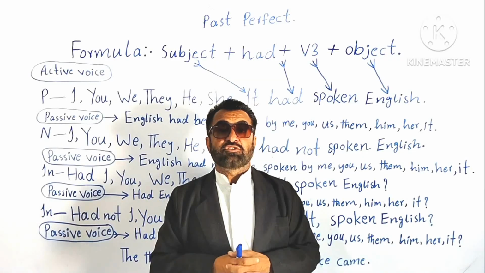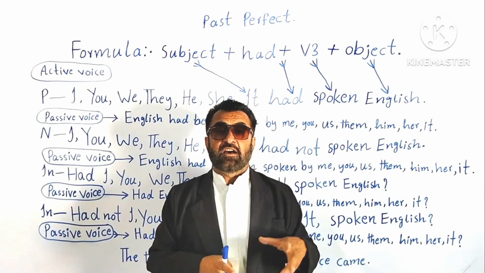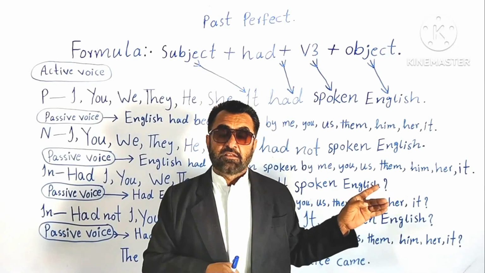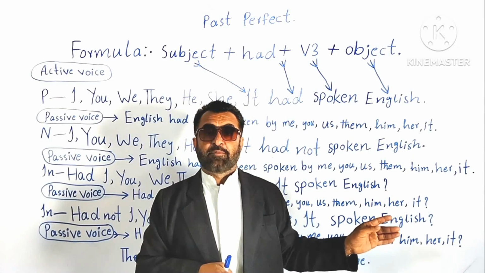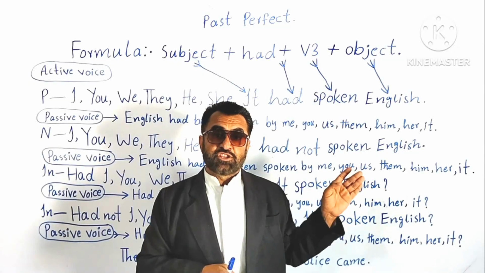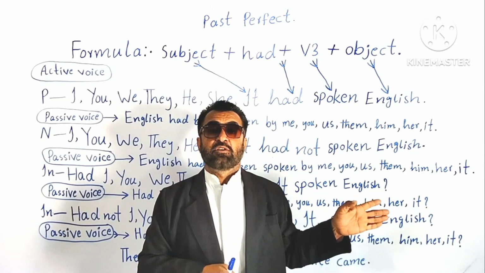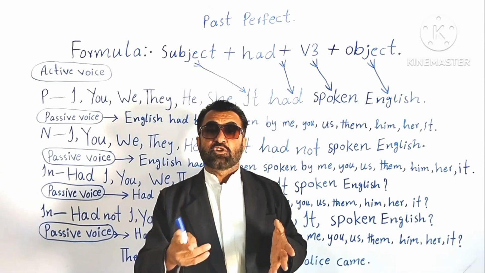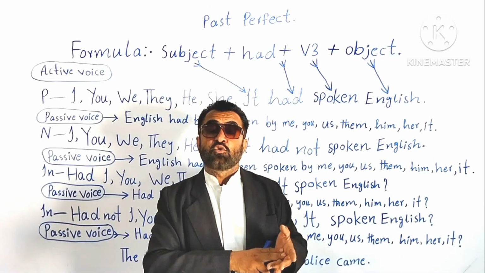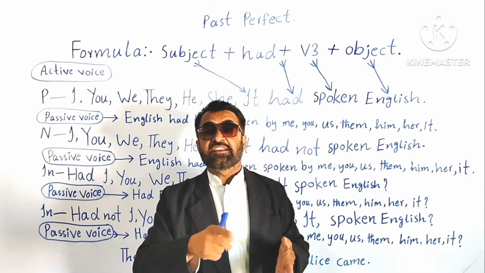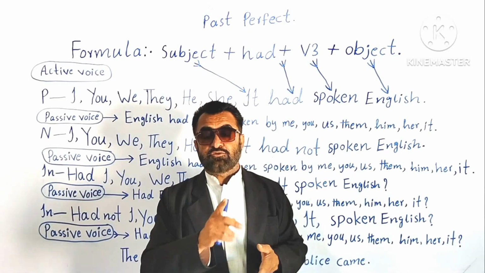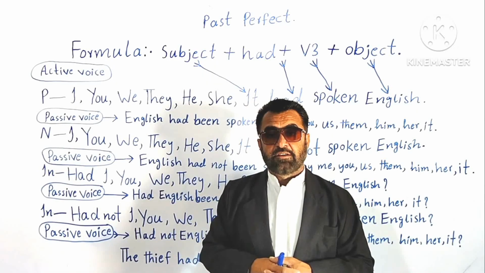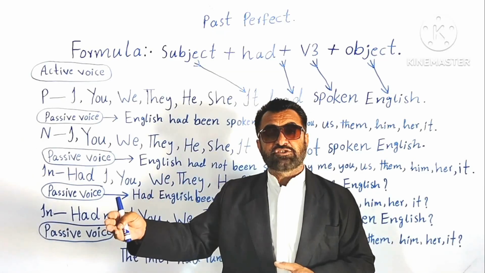Understood? Now let's go to the singular subjects that are called third person singular: he, she, it, one name, Ali. These are called singular subjects, third person singular. So these subjects take singular verbs with them. So what are singular verbs? Plural verbs: go, come, read, write. Singular verbs: goes, comes, reads, writes. Means they take S with them. Singular verbs. Understood? So here you have to remember this thing, that while learning passive voice, you have to put